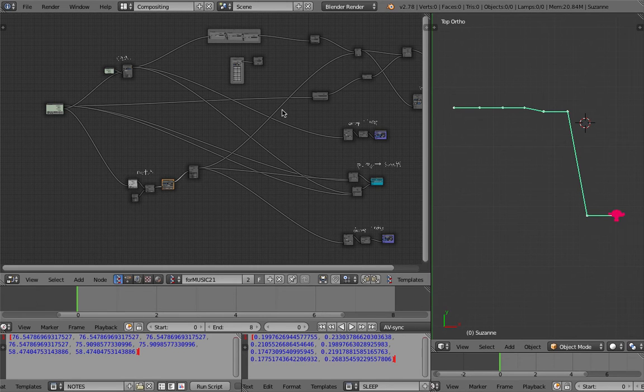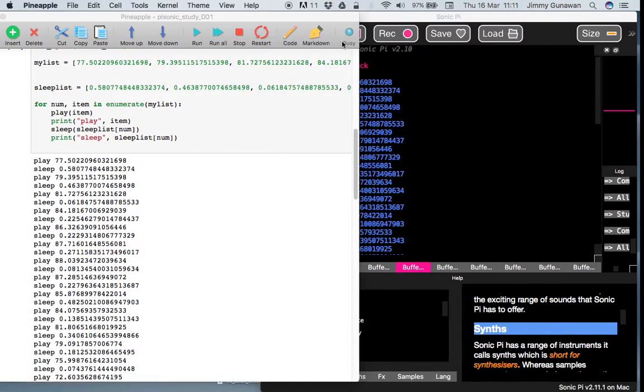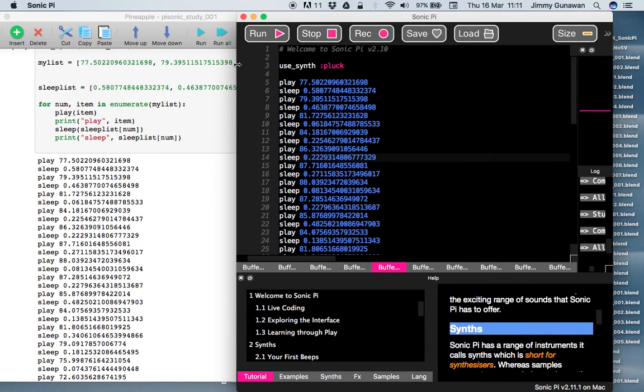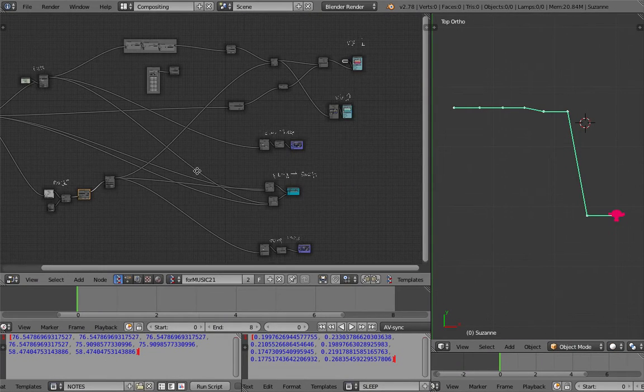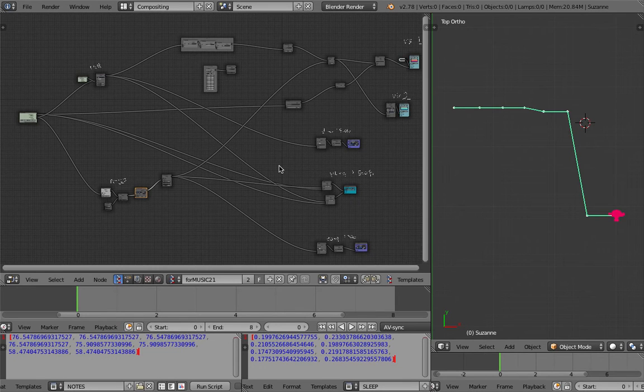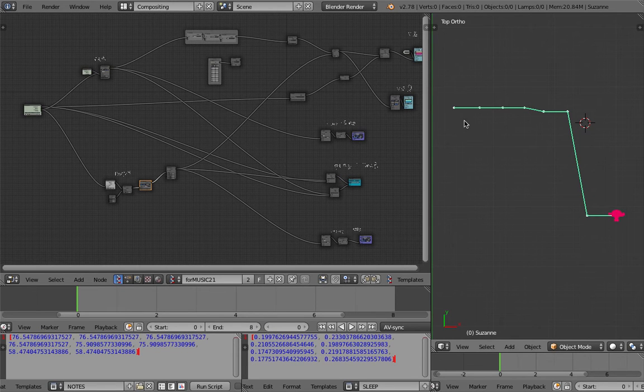Basically, I'm using a Python module that actually talks to an app called Sonic Pi. I think I showed you Sonic Pi and Blender speaking to each other at some point, but I think I made it slightly more elegant now. So I know a little bit better what's needed in order to generate noise that sounds a little bit better,